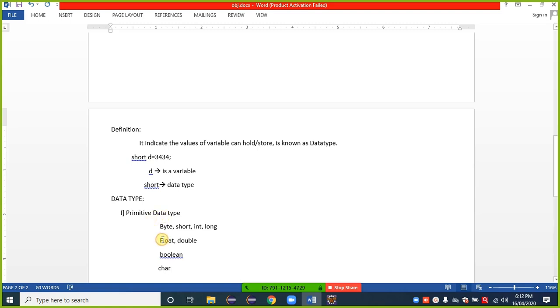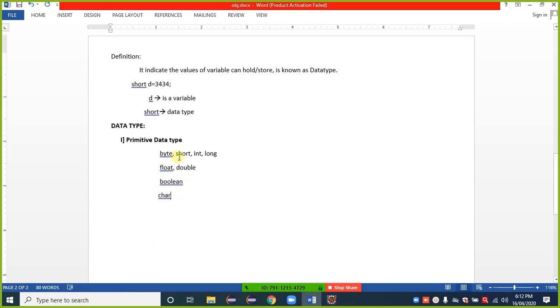These are the primitive data types from Java. Byte, short, int, long, float, double, boolean, char. These 8 are the primitive data types of Java.